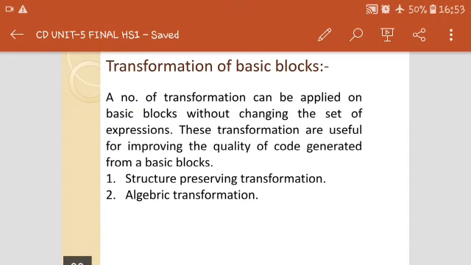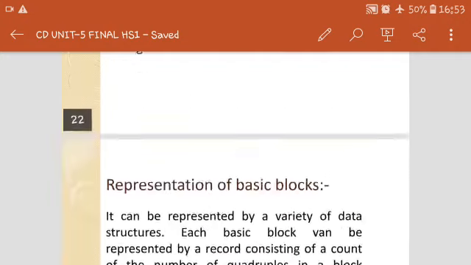Suppose we have c is equal to a plus 1, and we write c, a plus plus. What is the meaning? Increment by 1. And c is equal to a plus 1 means what? Increment by 1. Okay, so in this way transformation is done.